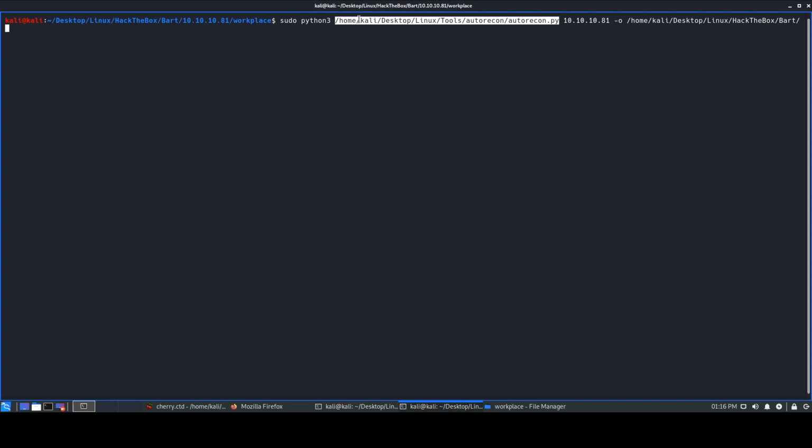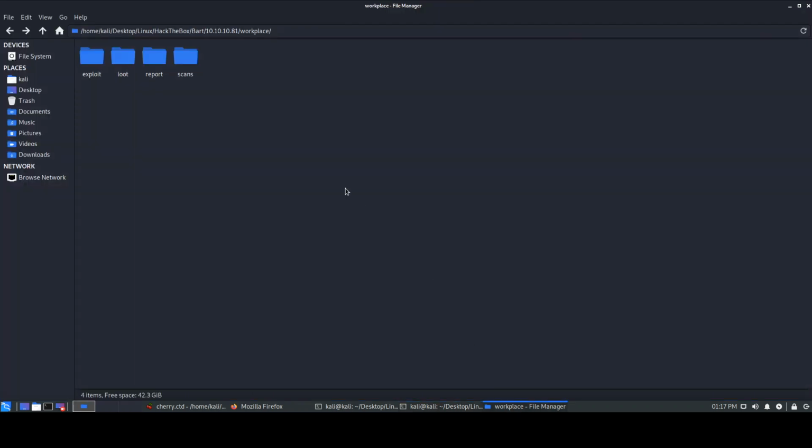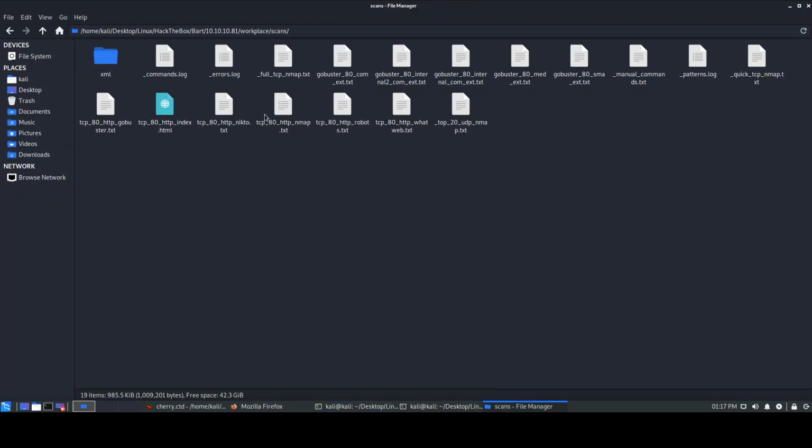So I'll be running this AutoRecon as root, so I'll be giving sudo over here. I'll be giving python3 in order to run this file. I'll be giving the target IP address, that is 10.10.10.81 in the case of Bart. I'll be giving the -o switch for output directory and the output directory location where I want to save the scan result. So I did already execute the scan because it takes quite some time to execute,